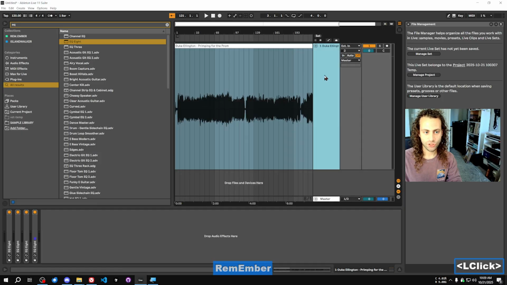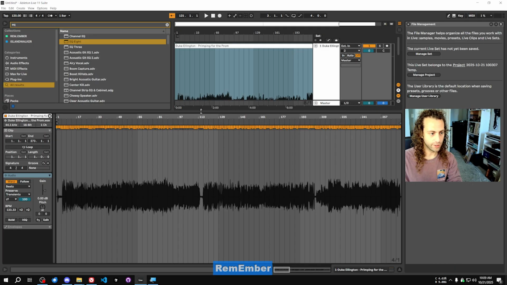So for each channel, there's actually two different views. One is the audio effects view, and the other one is the audio settings view. I don't know exactly what this is called, if you couldn't tell, but